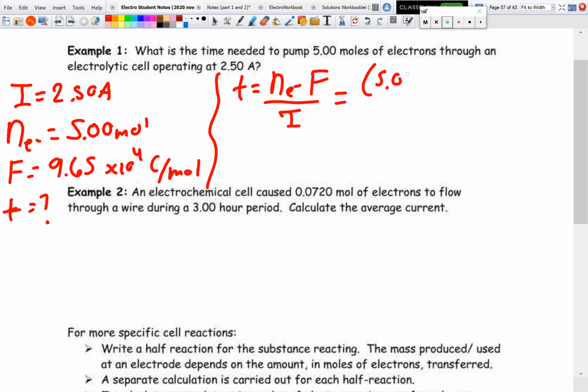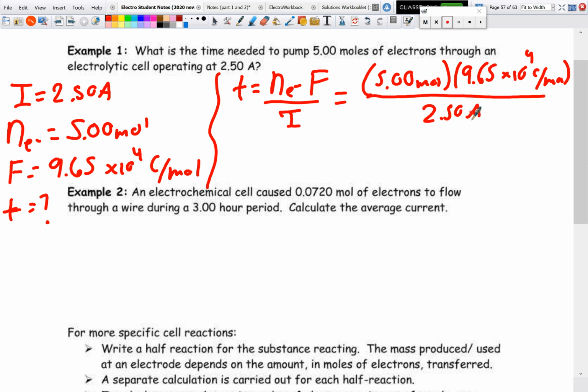We got 5.00 moles. Faraday's constant, 9.65 times 10 to the 4 coulombs per mole. All over the current, 2.50 amps. Now when we solve, remember that, as I mentioned before, time is going to be in seconds. So we are going to get a rather large number when we do this. So we get 193,000